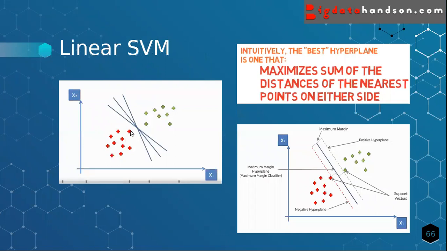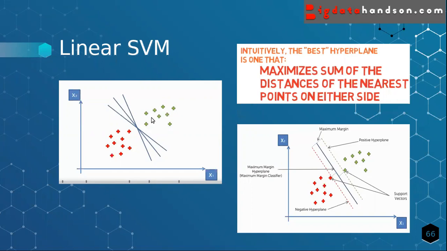You can see here we have two categories of data. If you want to classify this, we draw a line. Anyway, we can draw the line, right? We want to draw a line that maximizes the sum of the distances of the nearest points on either side.